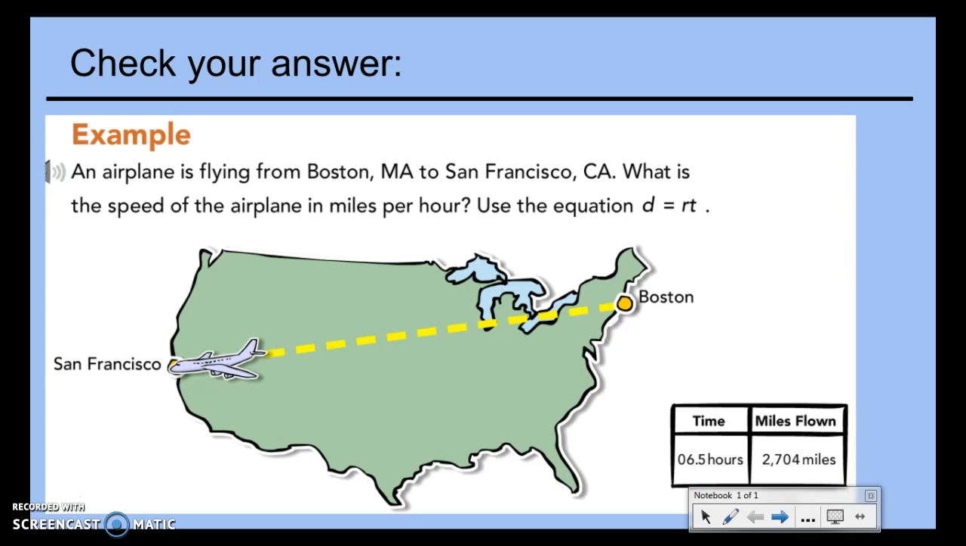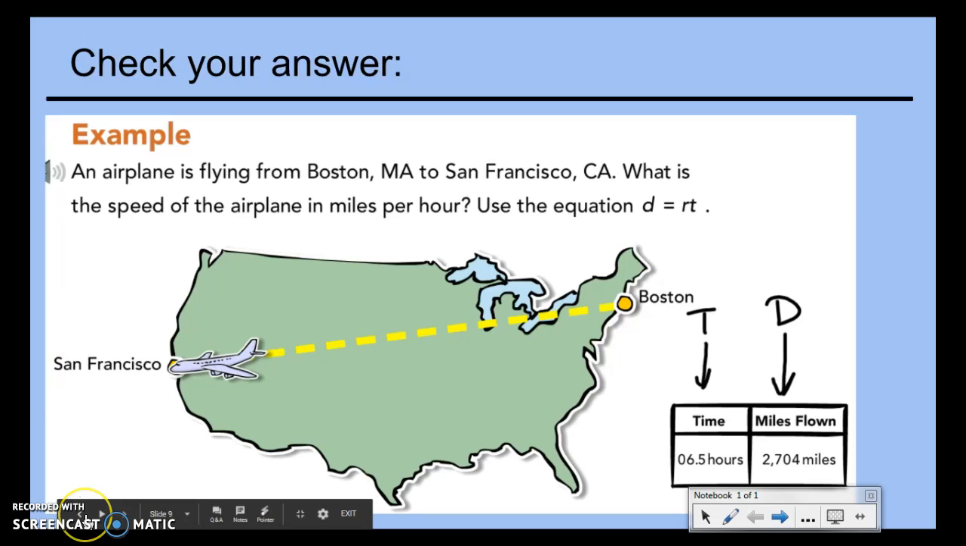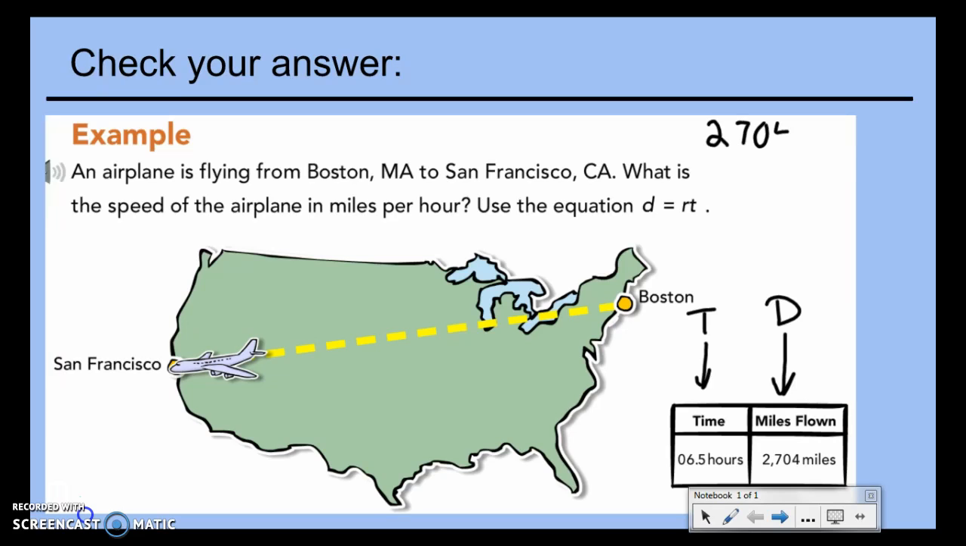Alright, so we have time, which is our T, and we have the miles, which is our distance, D. So we can go ahead and start replacing our letters. Distance, which is 27.04, equals rate, which we don't have, times time. Since this is talking about hours, we don't have to convert it to minutes or anything. So we have rate times